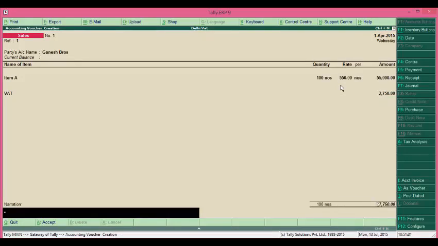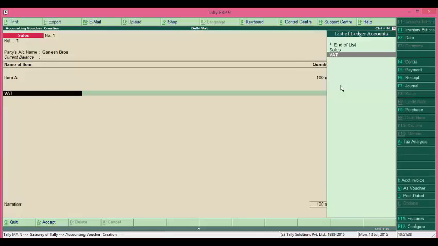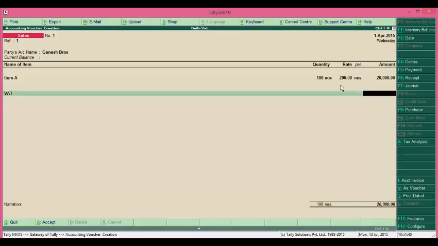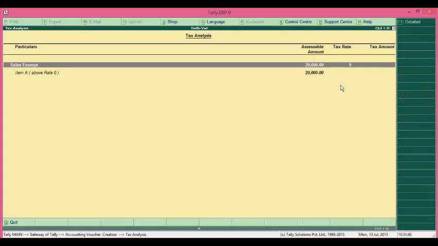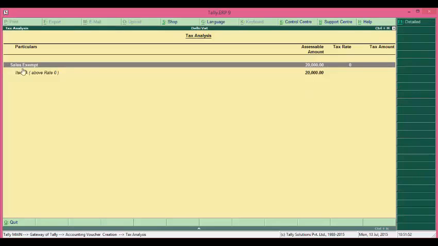If I change the rate to say 200, then the VAT will not be calculated. You can see it is coming blank. The same we can see in the VAT analysis with Alt A. It is picking up rate as 0, and it is also showing sales exempt.